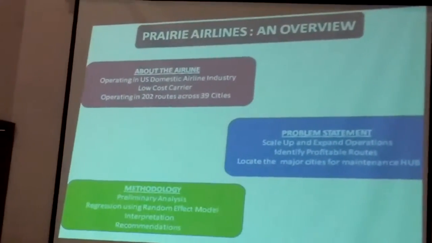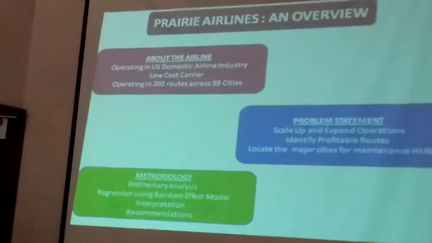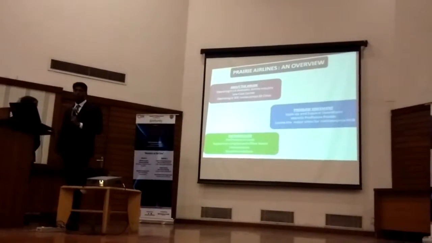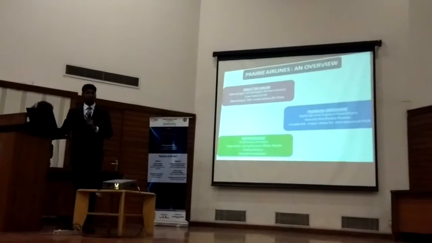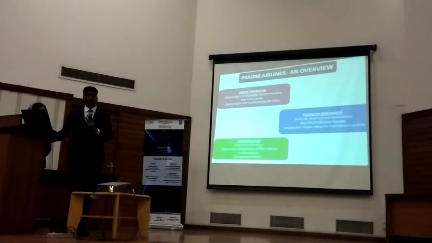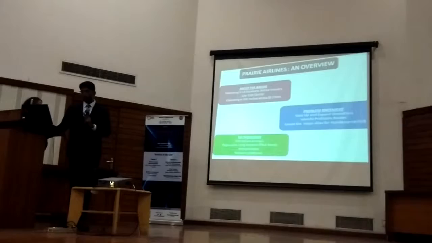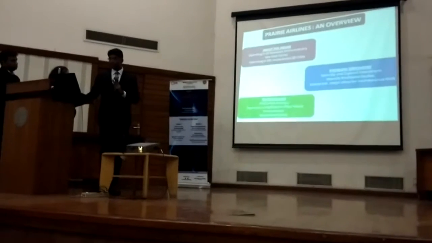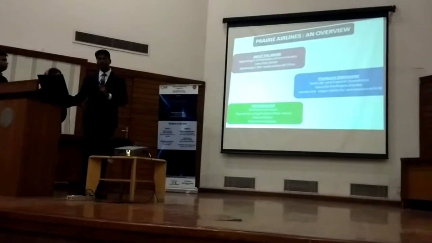Starting with the preliminary analysis that was done using descriptive statistics. Second was finding out the model that best suits our data. Since the data that was given was panel data, we looked into both the models, fixed effect model and random effect model. Though the Hausman test shows that the fixed effect model is a better fit, on looking into the results, we found out that one of the significant variables, distance, which is time stationary, was being dropped, and it had a very significant effect on fare. So, though it was shown that fixed effect is a better model, we selected the random effect model to capture the effect of distance. Next is the interpretation of the results, and finally our recommendations.